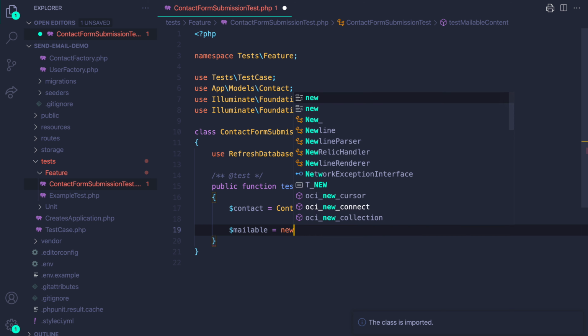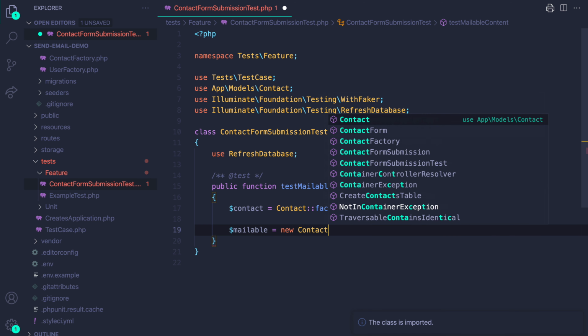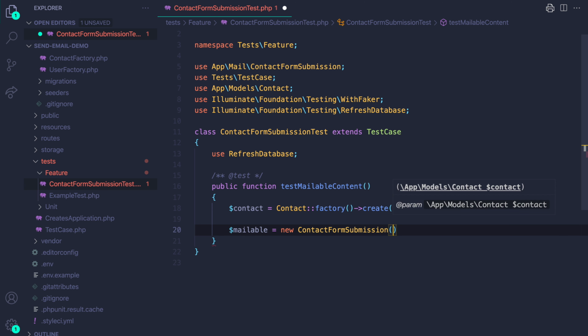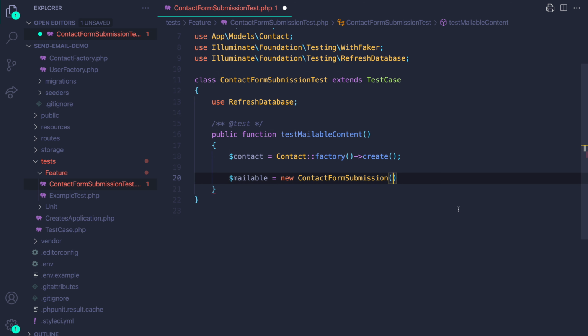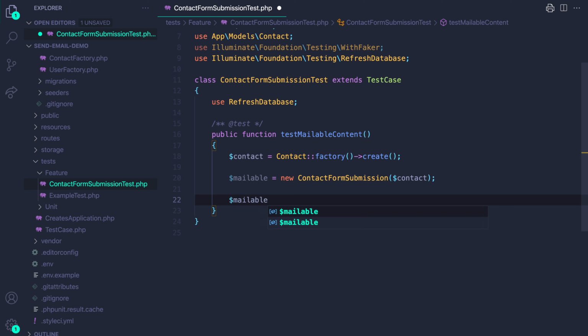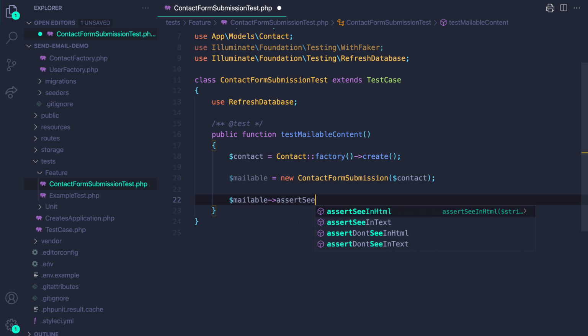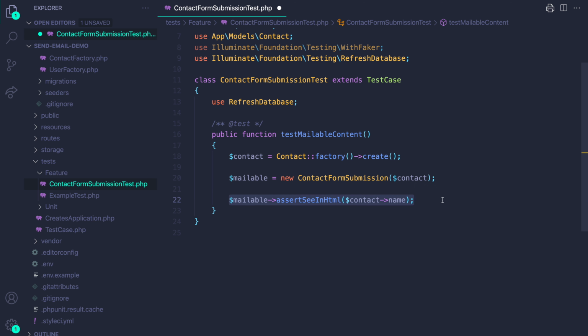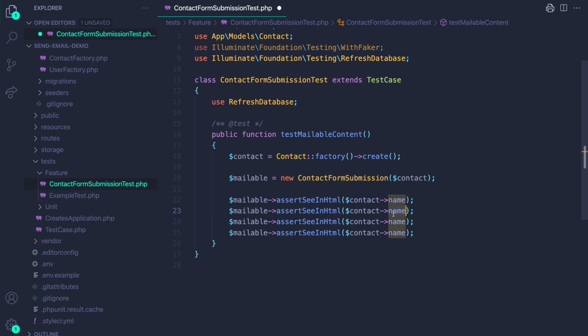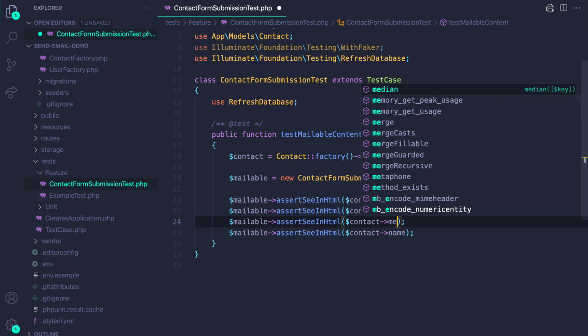And so now that we have our contact here, we could actually just generate our mailable. So let's do new ContactFormSubmission, use App\Mail\ContactFormSubmission, make sure that's imported. And if you remember, we have to pass in the contact. So we have our mailable, and now very easy. The mailable has an assertSeeInHtml contact name. So this is asserting that the contact name is in the HTML of the mailable. We're going to copy this 4 times and just replace this email, message,